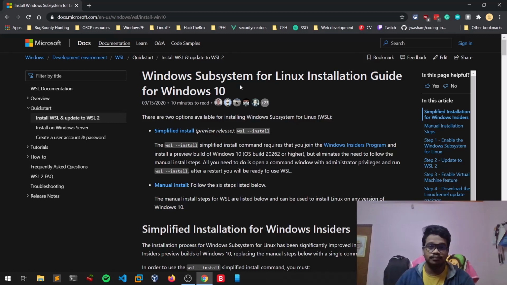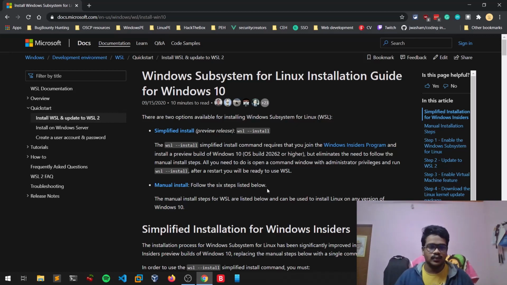Also, before going to this, you need to have your Windows 10 up to date, with the latest update running on your Windows. Here you can see the version 2004 is recommended, but if you are using older versions, you can still do this.